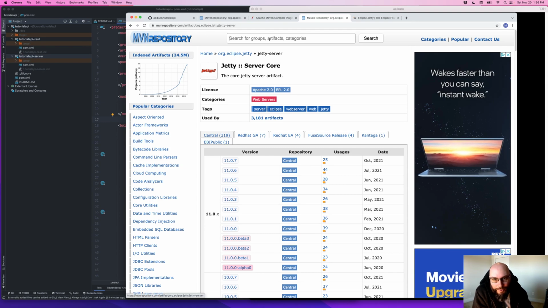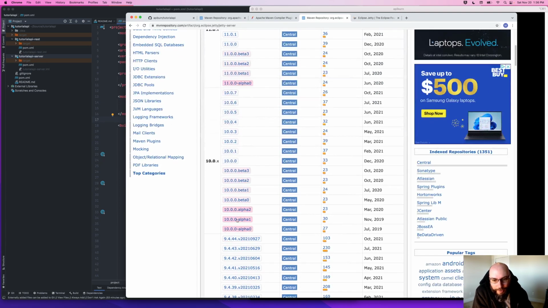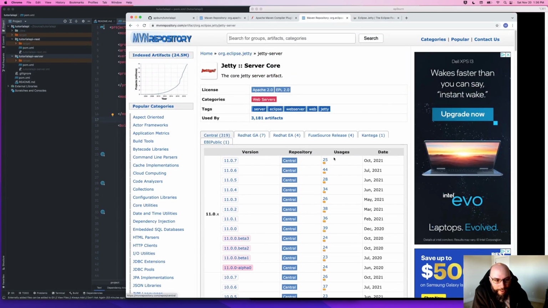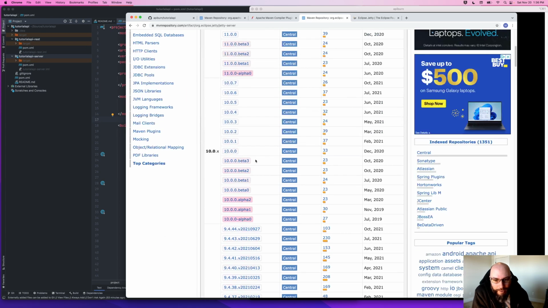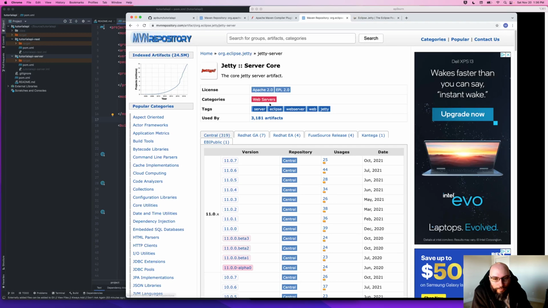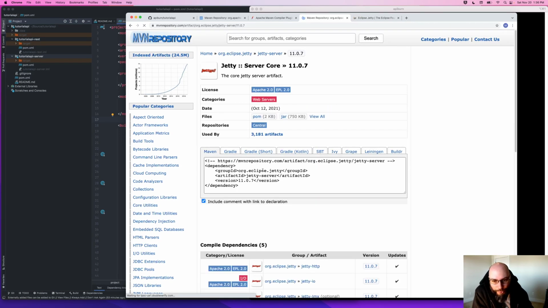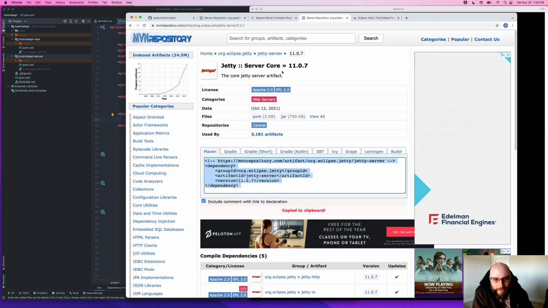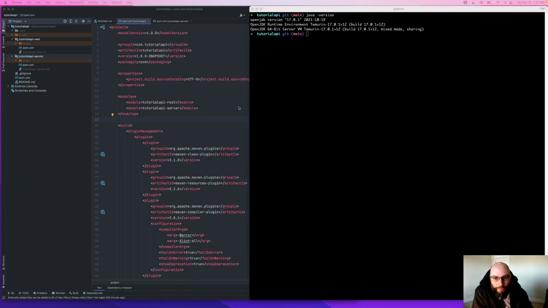So I went to Maven repository and looked for Jetty. I see Jetty server in here, and I can see the different versions. If you're using Java version 8, then you could get this 9.4.44. Since I'm using the latest Java, I'll go ahead and get the latest version 11 of Jetty as well, which is almost identical in terms of the code that I'm going to be typing in, compared to what you would type in if you're using 9.4.44. So I'm going to go ahead and copy this, move this browser out of the way,